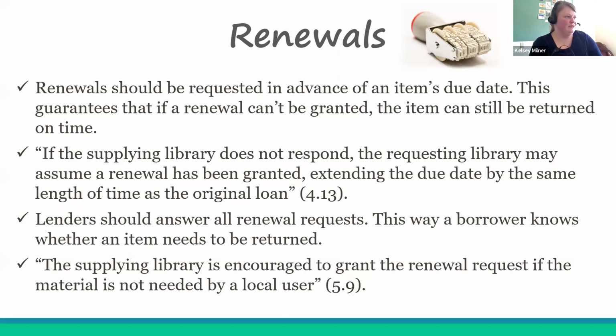So moving on to renewals, in a similar vein, the code does have quite a few things to say about renewals. One thing it says on the borrowing side is to request a renewal in advance of an item's due date. This ensures that if the renewal isn't granted, it can still be returned on time. So I would typically recommend requesting renewals maybe a week or two in advance. It's a delicate balance because you don't want to go too far in advance, because if they make the due date 4 weeks from when you request it,